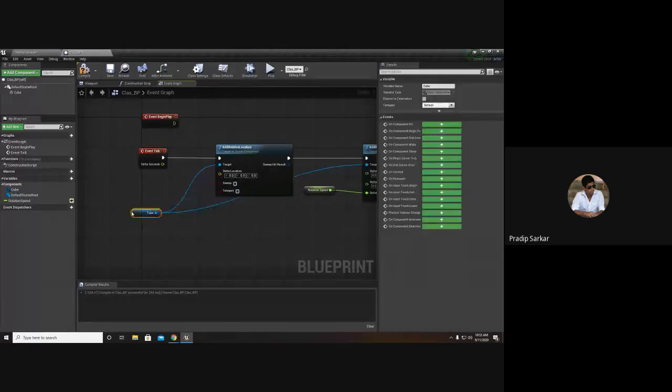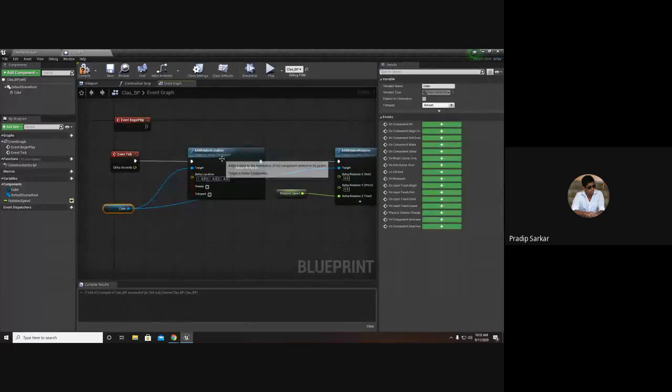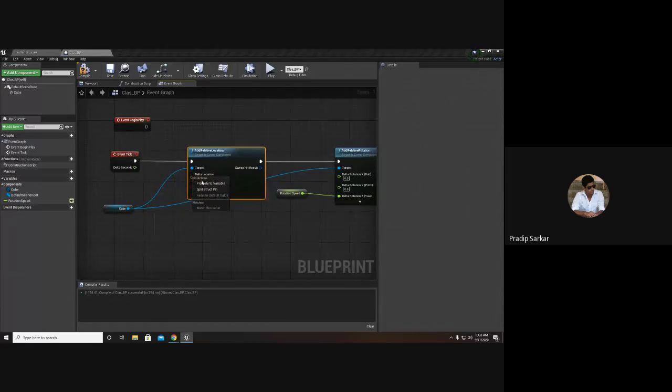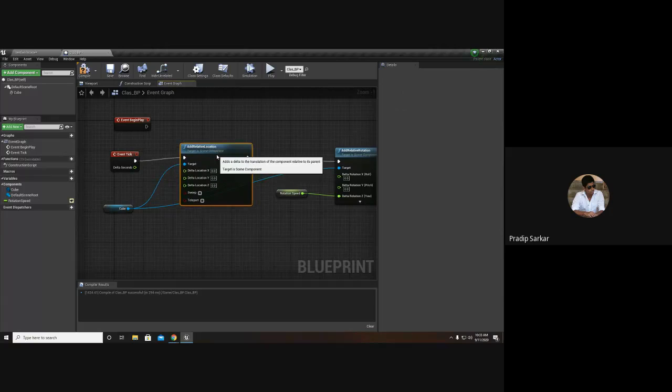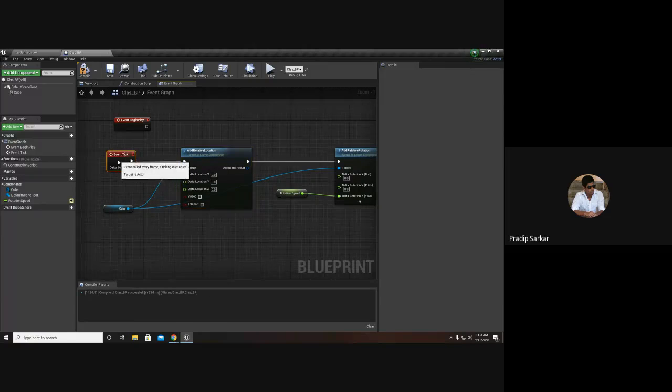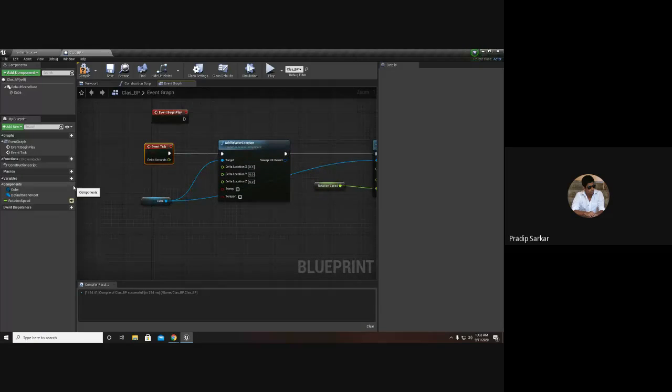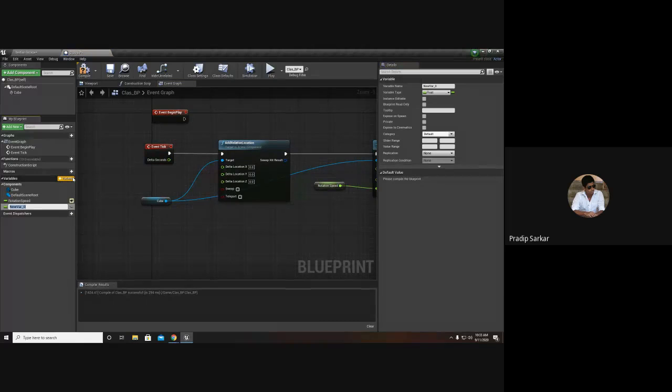Again we will do the same thing with the delta location: I will split this into three different parts, and again I will create a variable for movement speed.